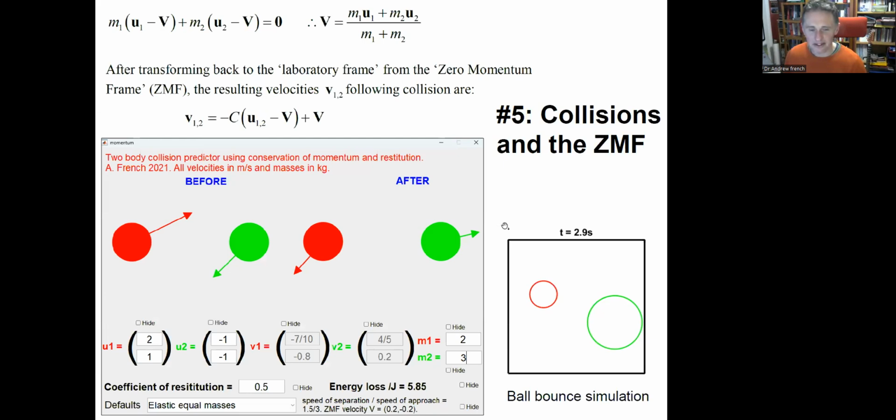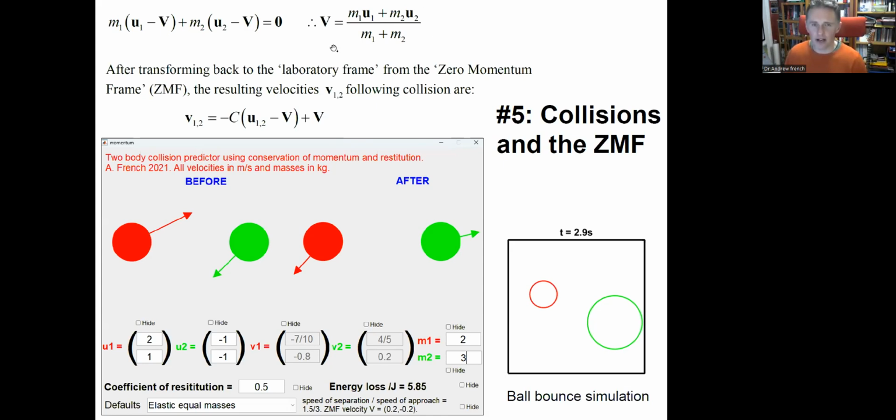It's just generally, what is the zero momentum frame, and then what is the zero momentum frame velocity, or big V? Yeah. So basically, firstly, why would we want to do this? If I say I've got some collisions here, that we used in our ball bounce model, U1 and U2 are those velocities that I represent in this two-dimensional picture. V1 and V2 are the velocities after the collision. And C is our coefficient of restitution, the ratio of speed of separation to speed of approach.